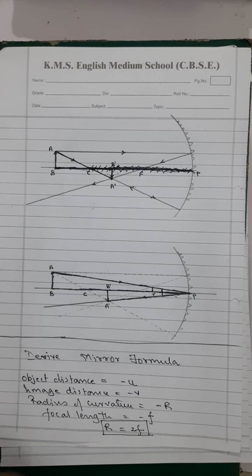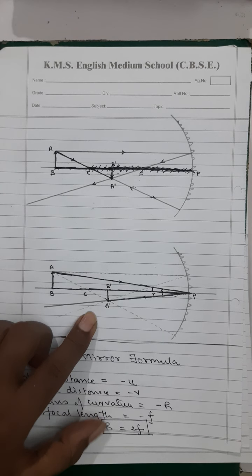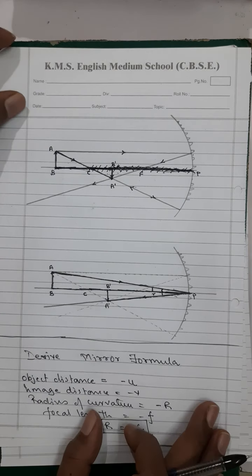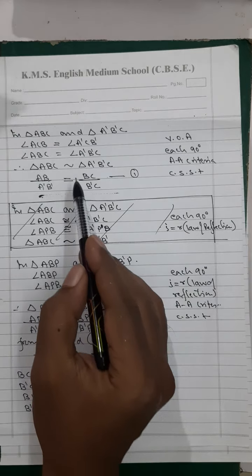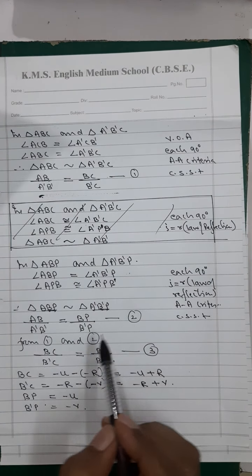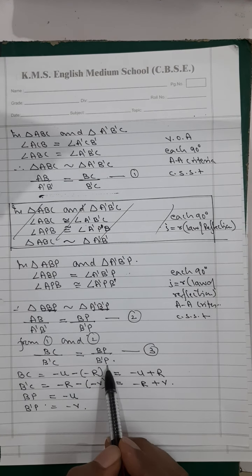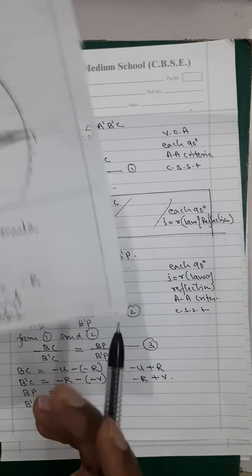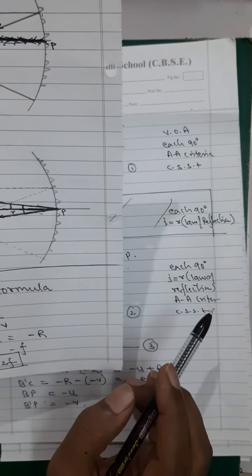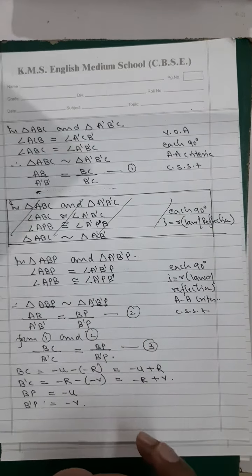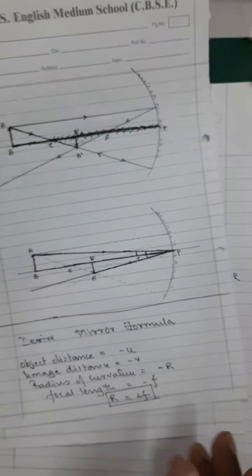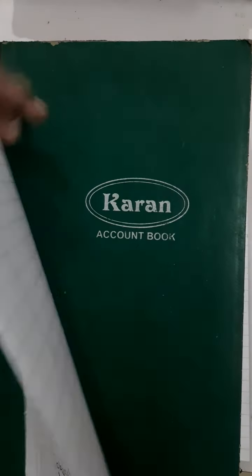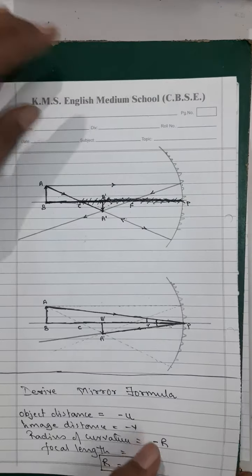For that, you will have to trace another set of incident rays like this. Because of that, you will get two different positions coming together, this and this. And then you should be able to properly substitute the values of minus V, minus U, minus R. In a virtual image, it will be plus V. So in this way, once you understand this, you will be able to solve all the others also. So this is how the mirror formula is derived.